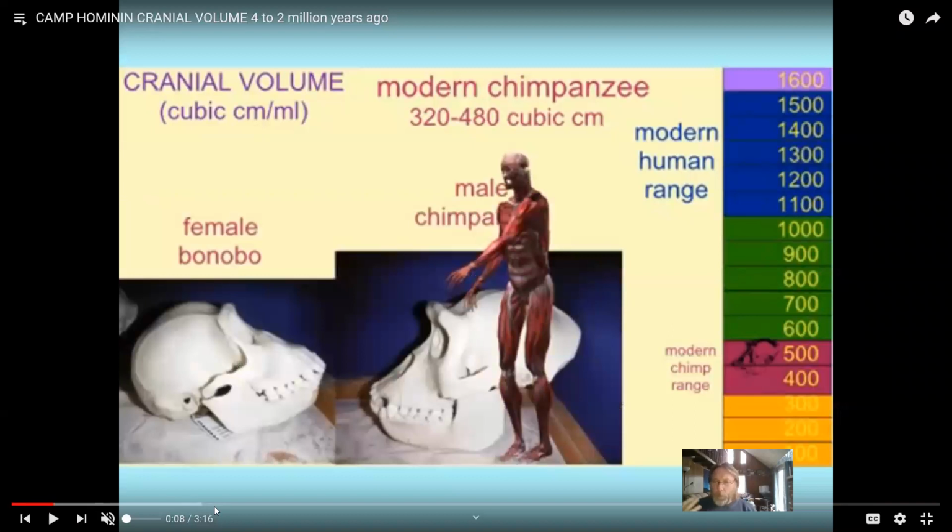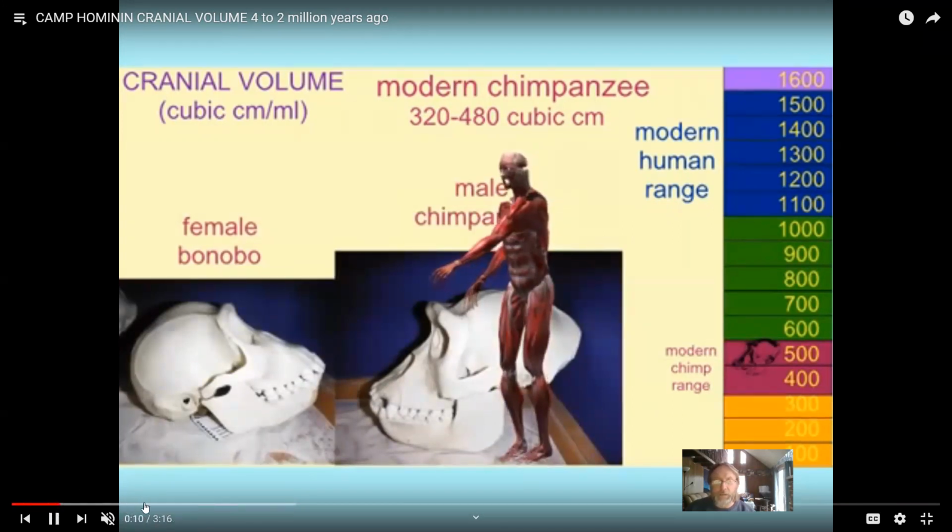Obviously, I had mentioned that these bones kept getting bigger and bigger as the brain did. So reptiles have bigger brains than amphibians. Mammals have bigger brains than reptiles. Primates have bigger brains than non-primates. Apes have bigger brains than monkeys, etc. And as we look at, say, a chimp brain with its cranial volume coming in this region of 400 to 500 cubic centimeters,